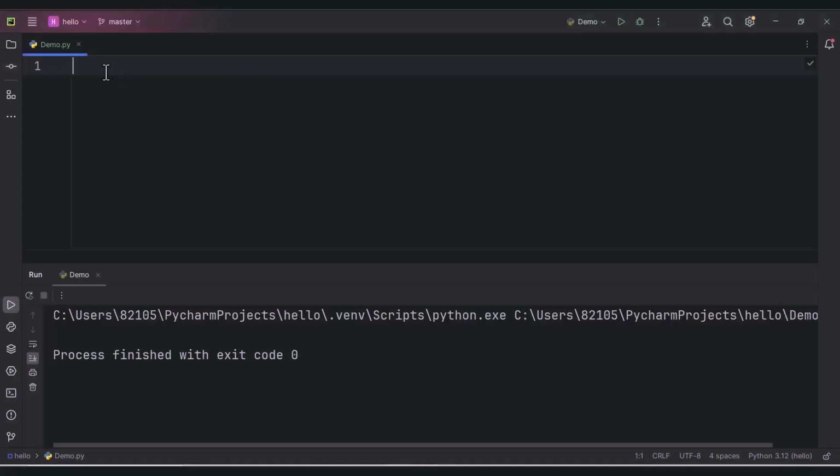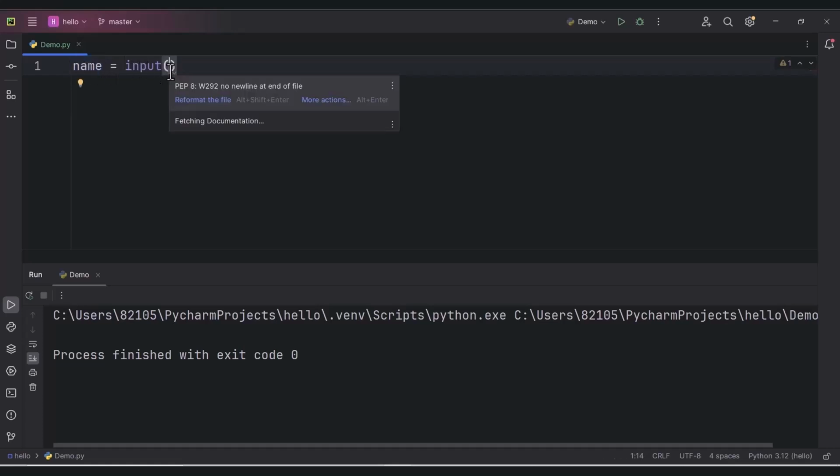To get input from the user, Python has a built-in function which is known as input. So you will use this input function, and whatever you type on the keyboard will be returned by this function. Whatever is returned by this function, you can store that data in a variable. So name is a variable which will store whatever is returned by this input function. Within these brackets,